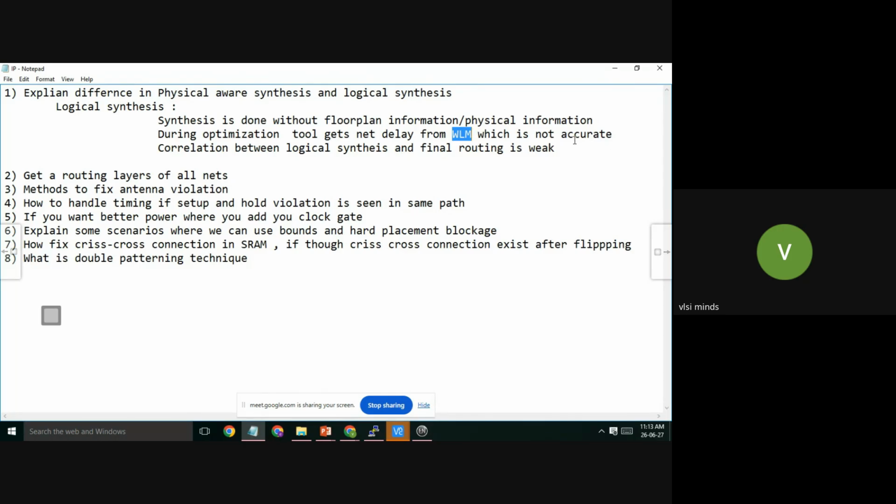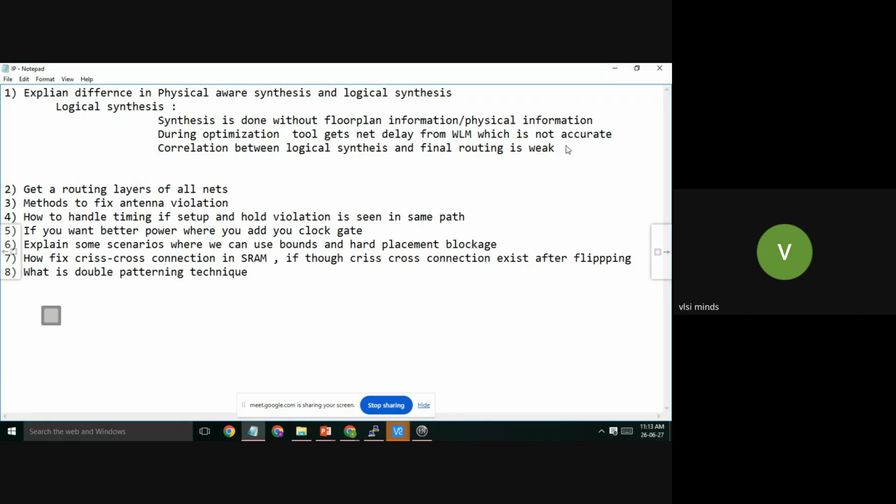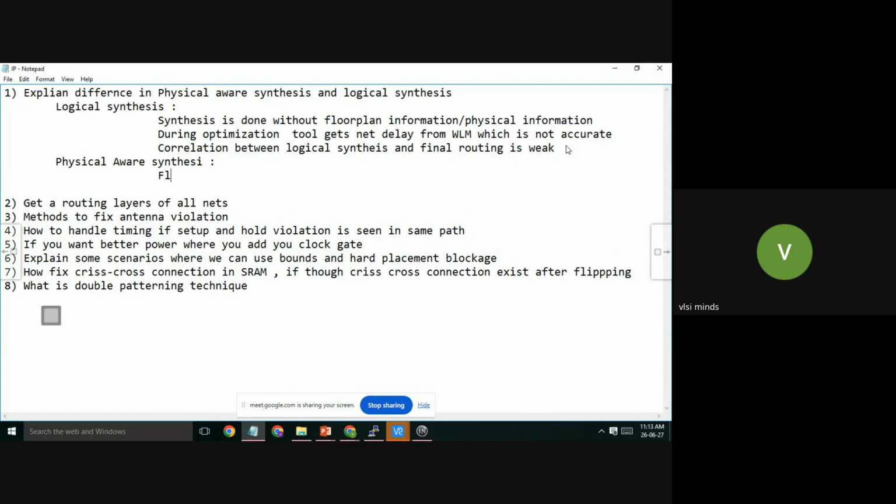For that reason, we went with physical aware synthesis, where floor plan information is given to the synthesis tool.